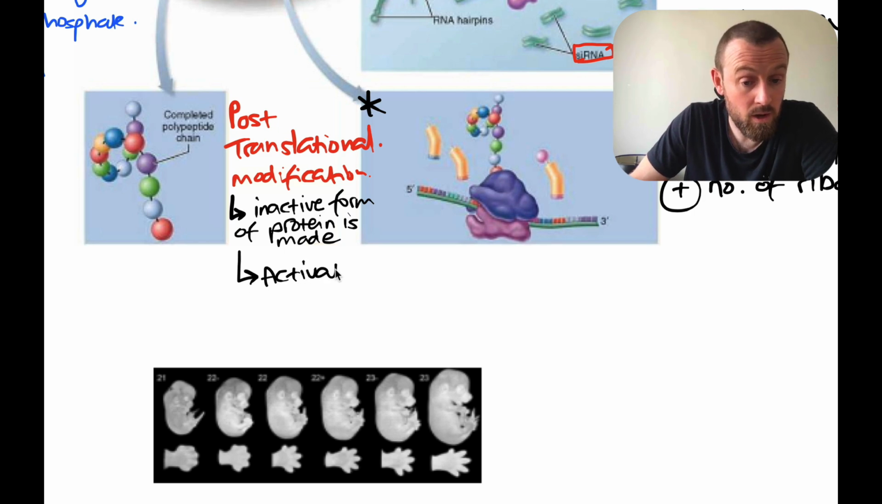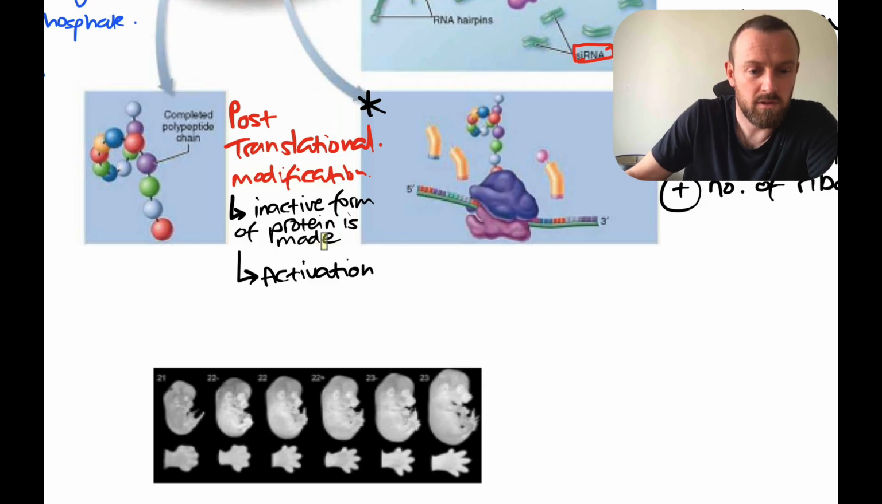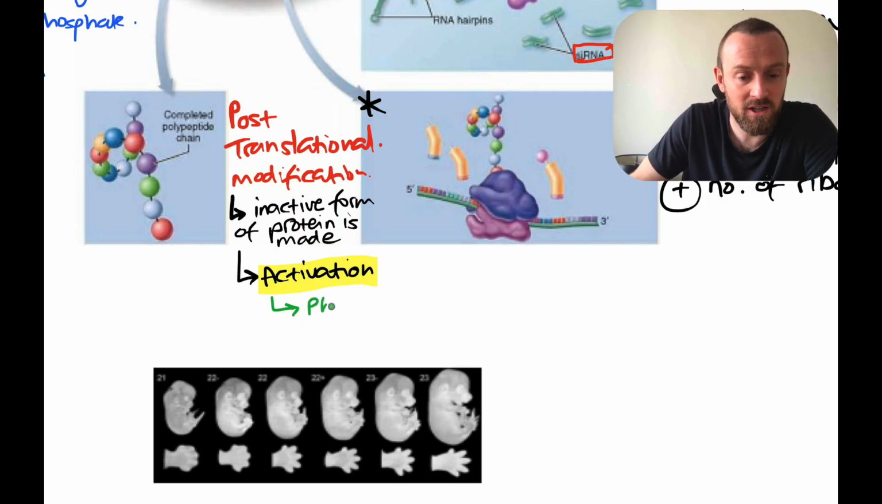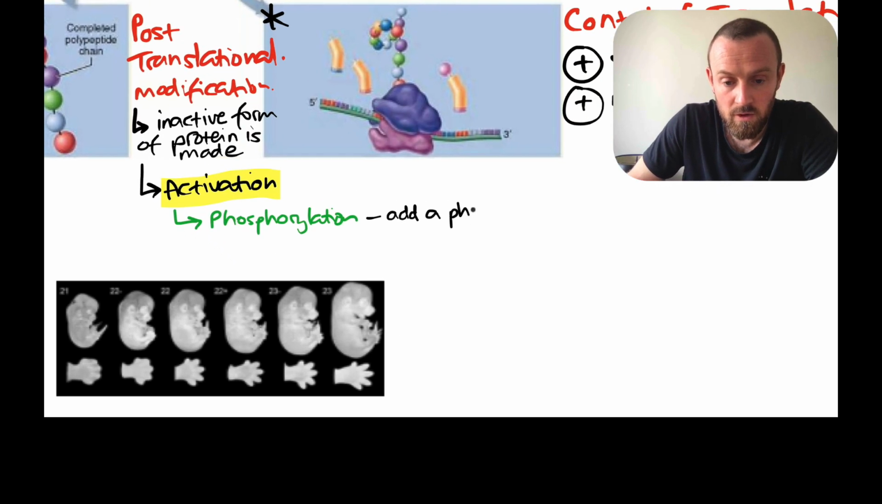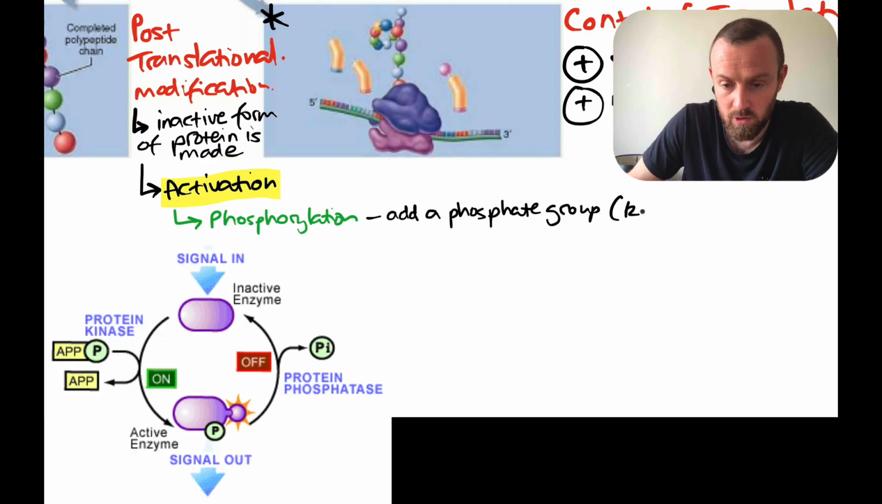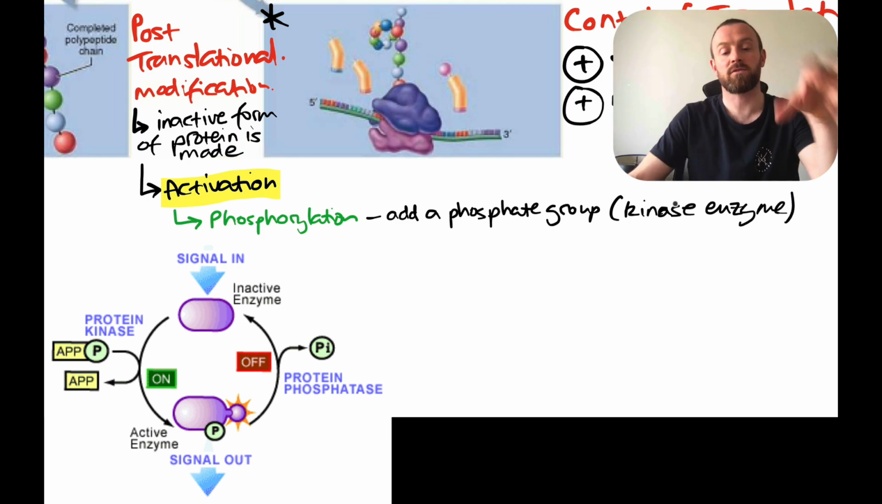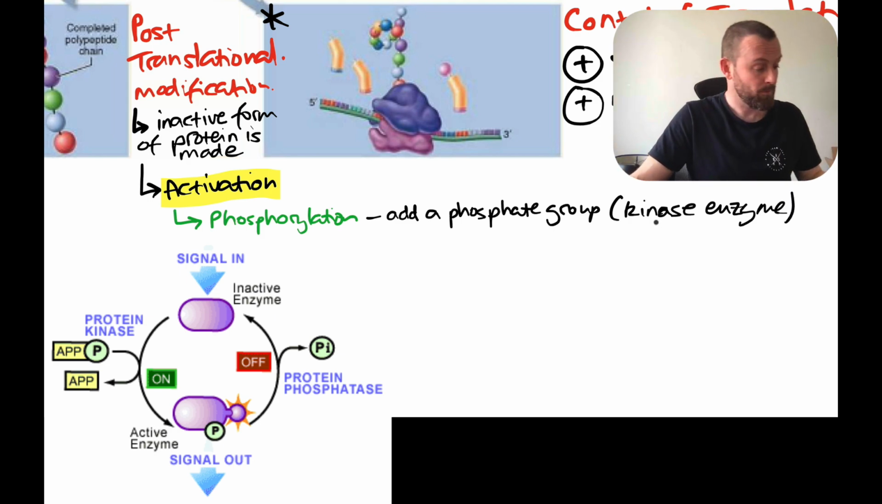could happen in a few different ways. So I'll highlight that. Activation of the protein. The most common way is phosphorylation. So if you add a phosphate group, and that's often by something called a kinase enzyme. Kinase enzymes are often ones that add phosphates. So a kinase enzyme might add a phosphate group to switch on a protein,